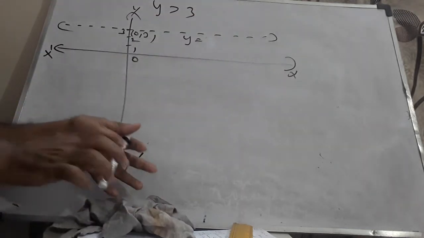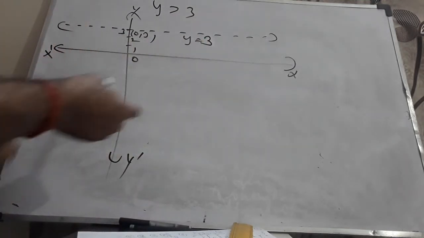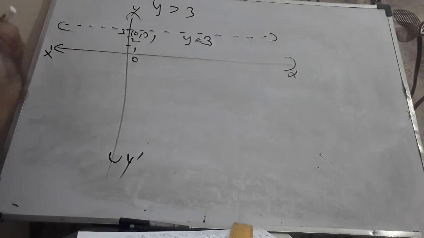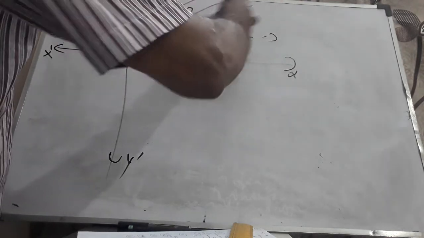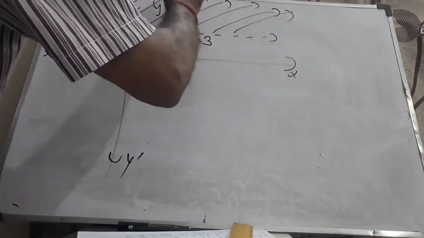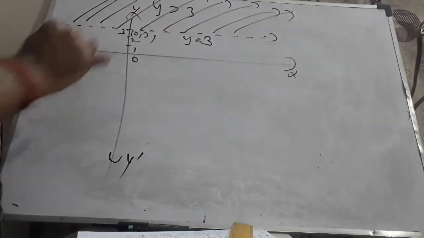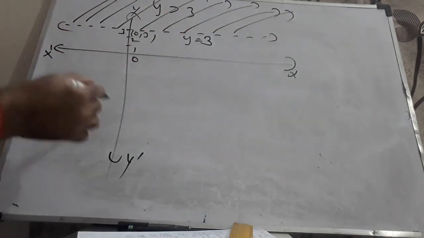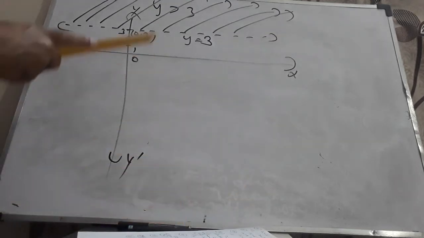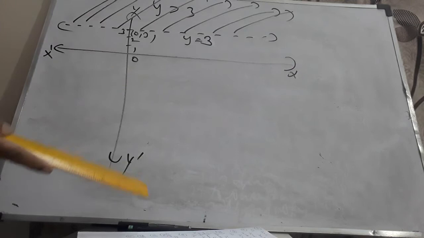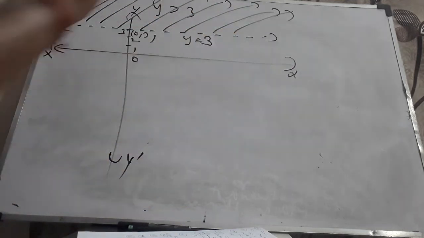Okay, y is equal to 3. It is not clear, therefore I am rewriting. Now the region lies to the side of y is equal to 3 where (0, 0) does not lie. Therefore, the shaded unbounded region is the required region. This is how you are supposed to give the explanation. The line is drawn with dotted lines to show that none of the points on the line will satisfy the inequation y greater than 3, because points on the line will give you y is equal to 3. Since it is strictly greater than 3, it is drawn with dotted lines.